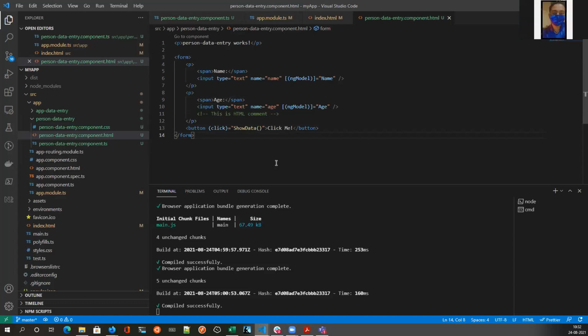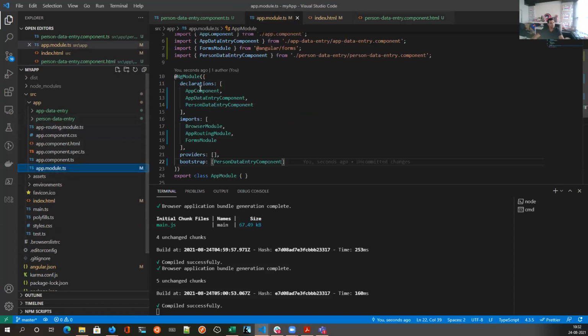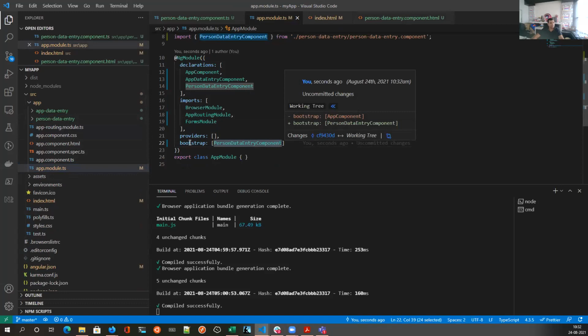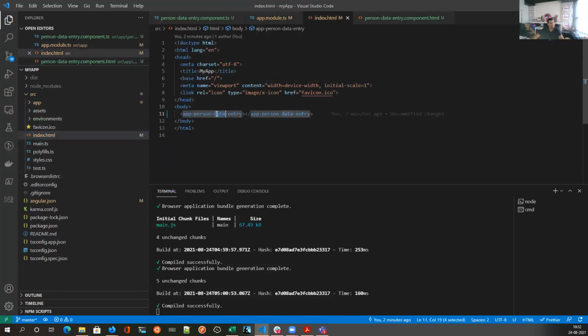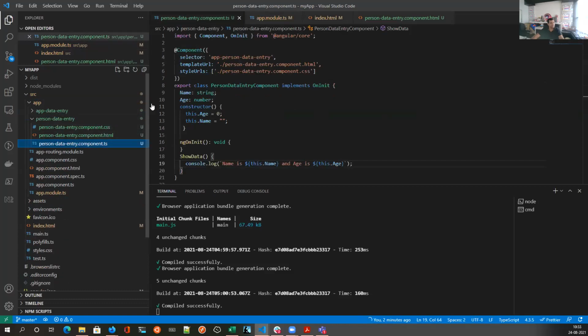Can you show me what you did before that, the app person data entry in index HTML? Let me see that. Okay, so we started in app module. In app module, in bootstrap, it was app component by default. So we removed that and replaced it with the person data entry component. And in index HTML, we kept the selector that we defined over here.